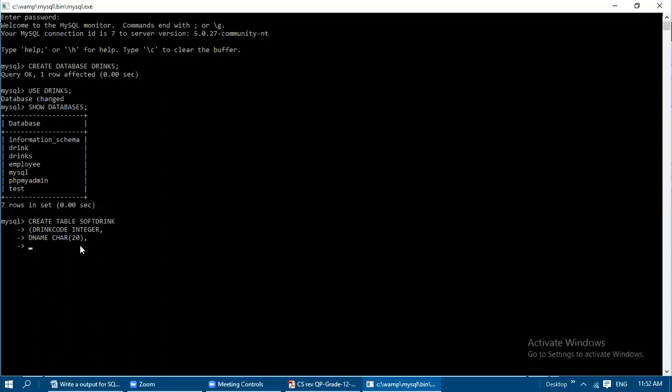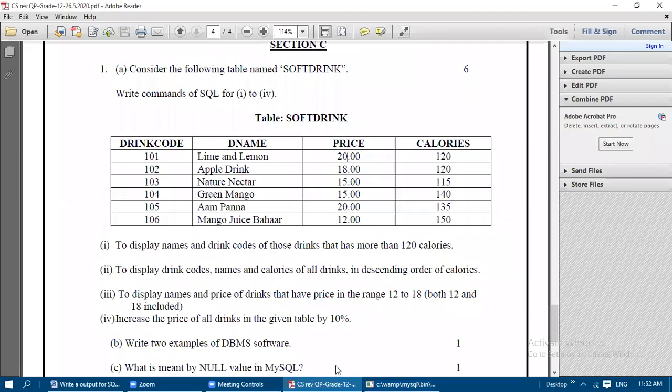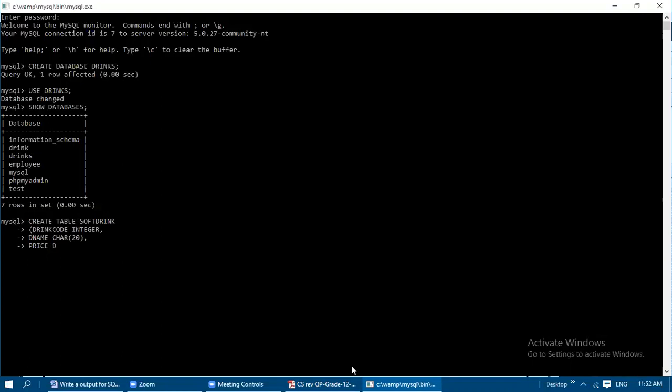And then next I'm going to give price. Okay, so price belongs to integer only, sorry, decimal. Because it is having a decimal value, if you look at here, it has a dotted decimal value. So we will give decimal. Just only one character space you need to give after this field name. And then after giving data type, give comma at the end, enter.